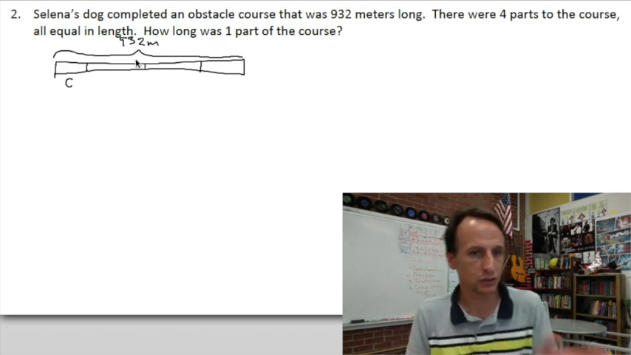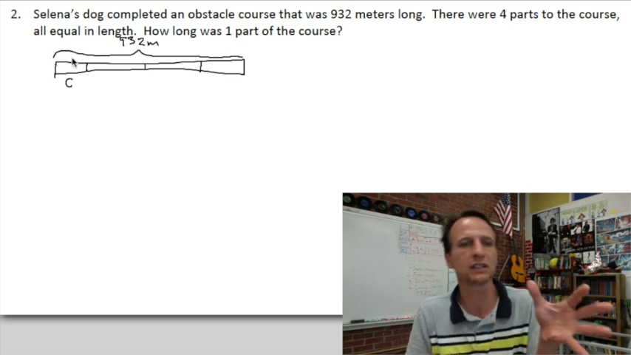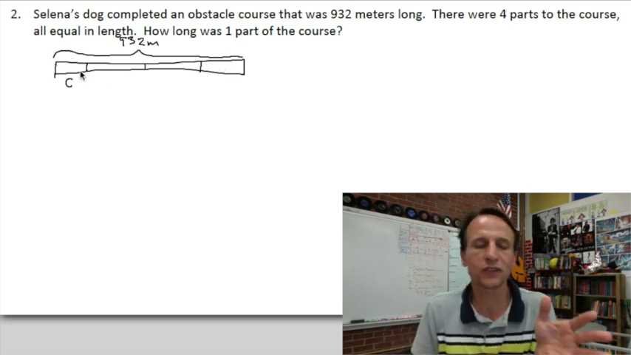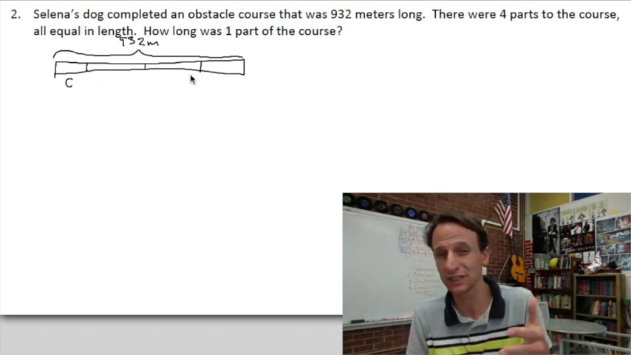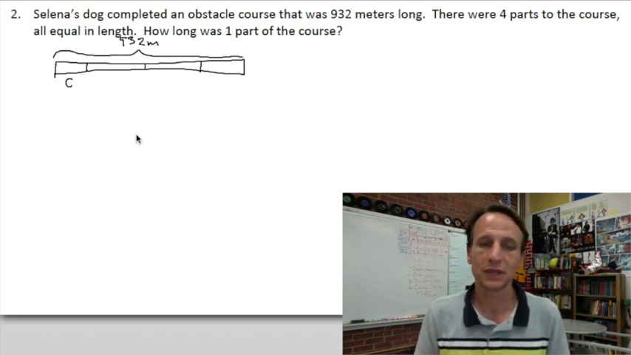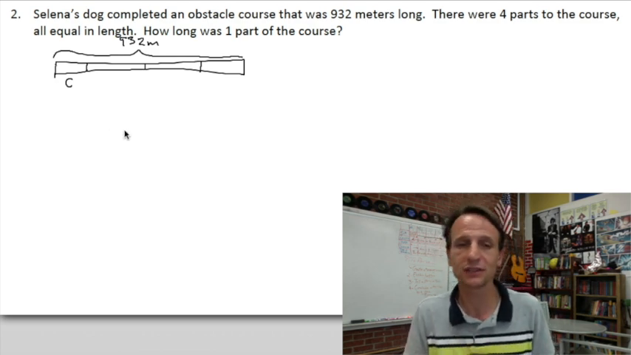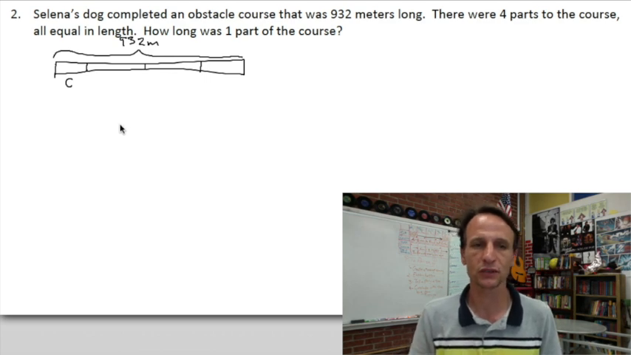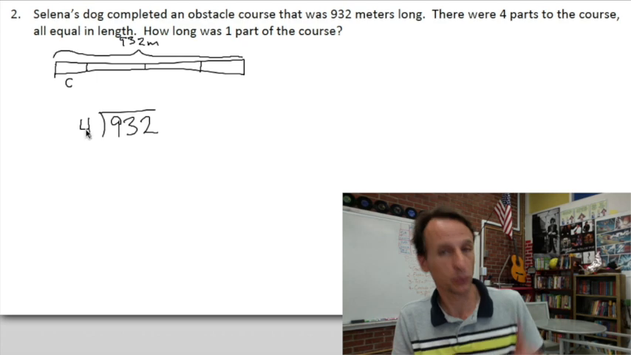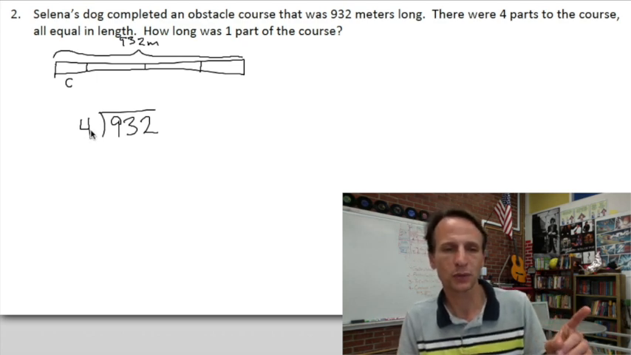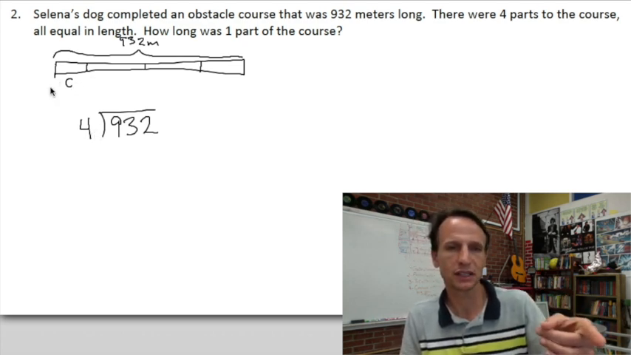So the reason we draw is so you can see, like, look, here's the whole course. We want to find one out of the 4 parts, so it's divided up. So you can see how it's partitioned. It's divided up, so we need to divide, because you won't always be told, hey, you need to divide, right? Got to figure things out. So if we take the full length of the course, that 932 meters, and divide it by how many equal parts there are, and it's important that they're equal, the 4 parts,